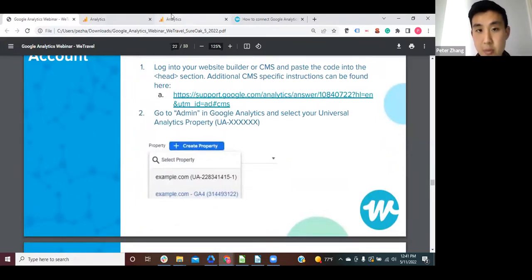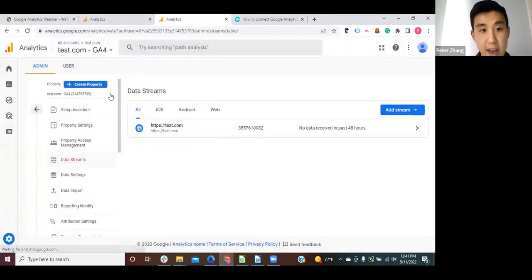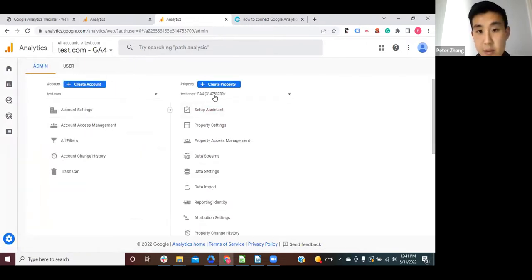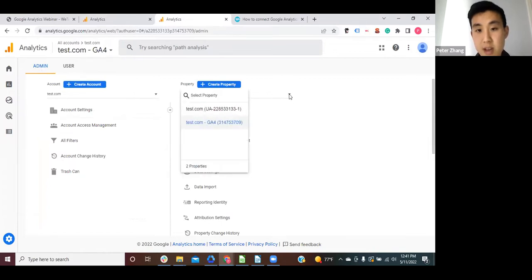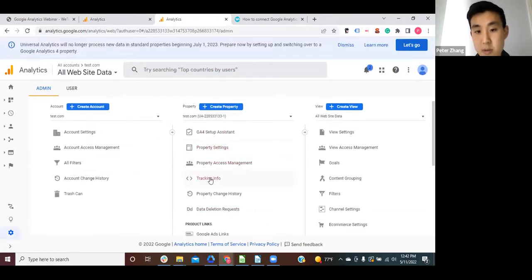So once we have that copied, we can close that, and you'll see here we're in the admin section still, and we're in this property. All you have to do is look for the UA code property. And once that loads, we'll go into tracking info and tracking code.